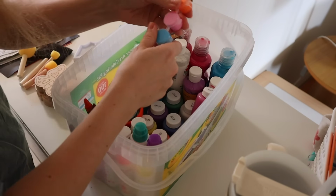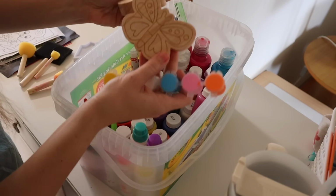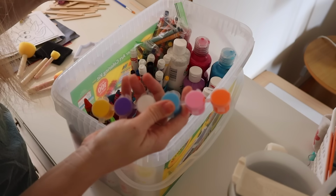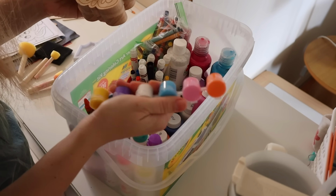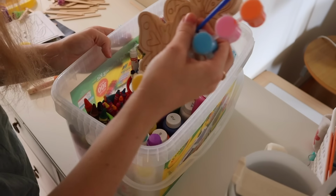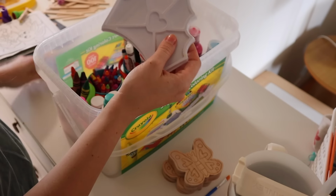We also have some of the little kits that I had bought from Target in the past, like these little wooden butterflies. I forget I have stuff like this for an activity to do. Maybe I stored this somewhere else, because this is a paint-the-butterflies kit. It came with this paint and a paintbrush. I'm gonna store these separately, but with the rest of the regular paint, I will just put a couple brushes,